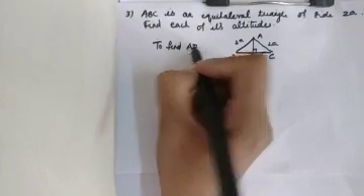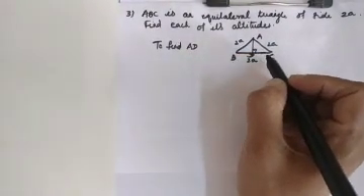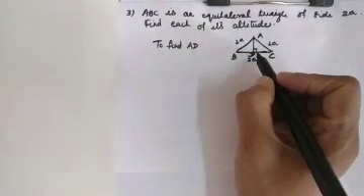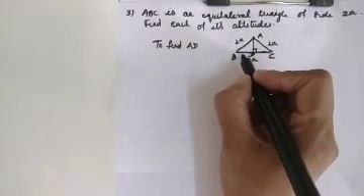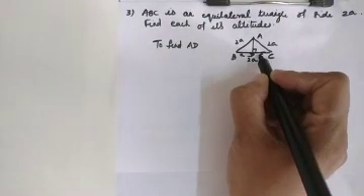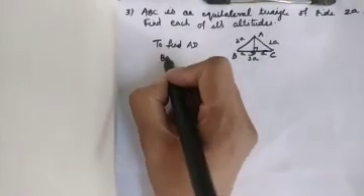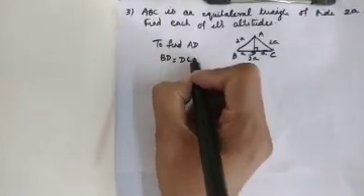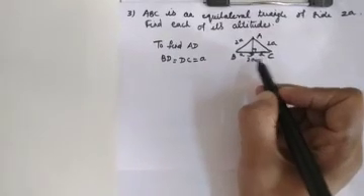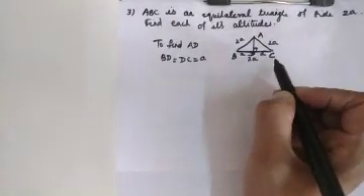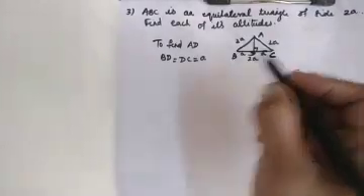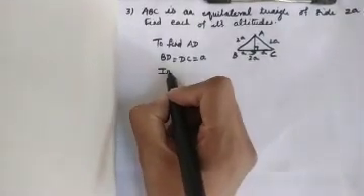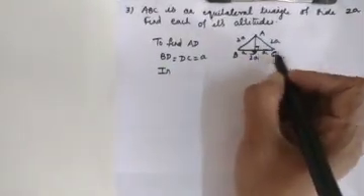AD. You know that the perpendicular bisects the opposite side. Here the perpendicular bisects the opposite side. So each will be A, this will be A and this also will be A. BD is equal to DC is equal to A. Since it is an equilateral triangle, the perpendicular bisects the opposite side. Since the full thing is 2A, each part will be A. Now you can take any of these two right triangles. You have got two right triangles.